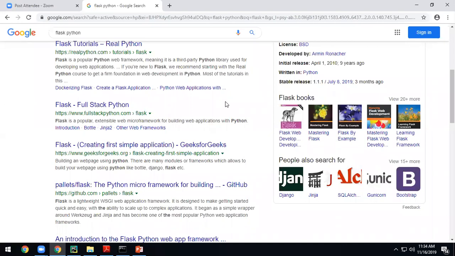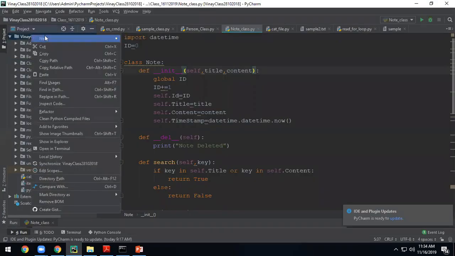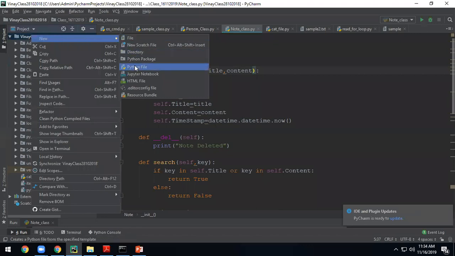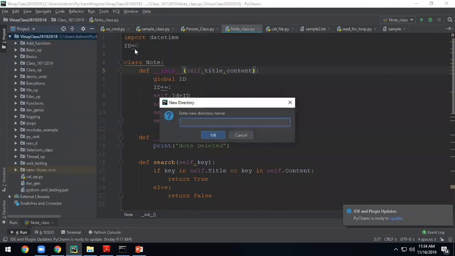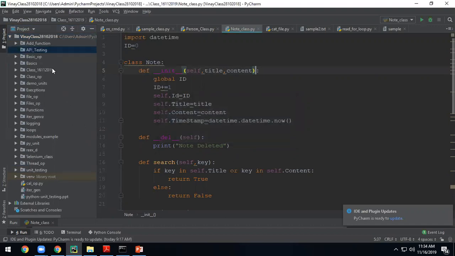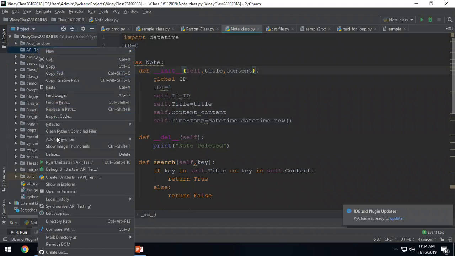Okay, now you come. I'll create one directory. You can see show in Explorer.